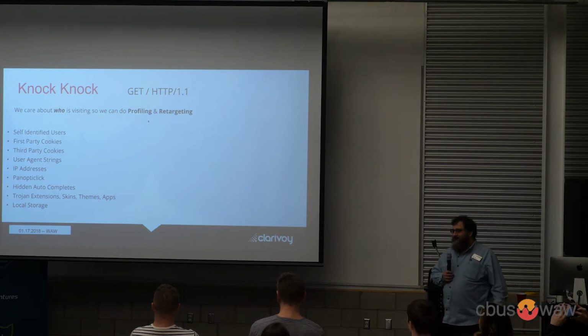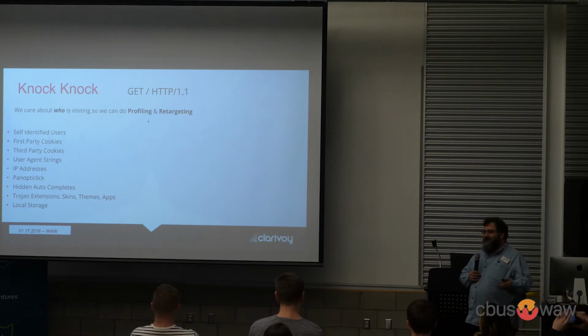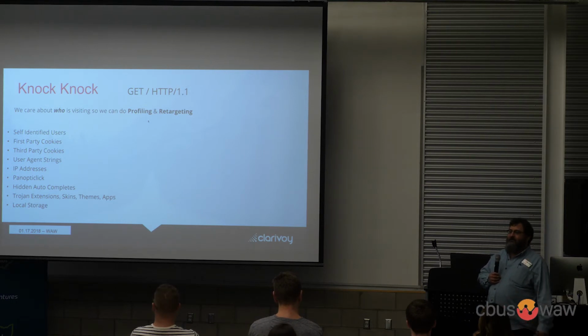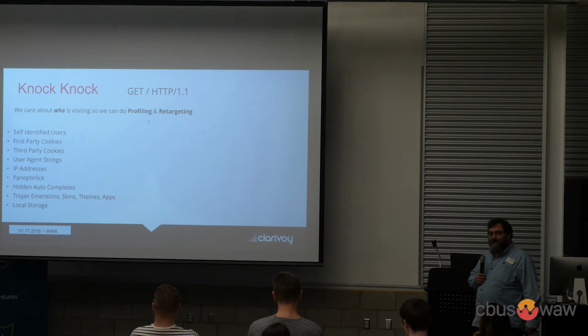First-party cookies are a common tool. In this case, you set an identifier on the browser that every time they come to your site, they pass a unique identifier back. And so you know they've been coming back and forth a bunch of times. If you can tie that first-party identifier to anything about them, you can figure out who they are and what they've done and when they've come here.